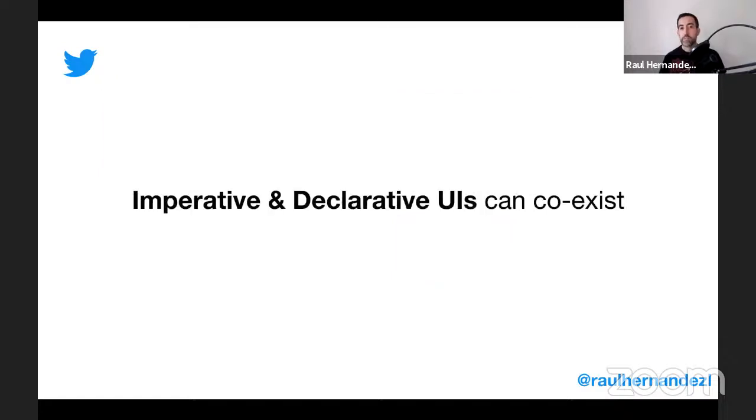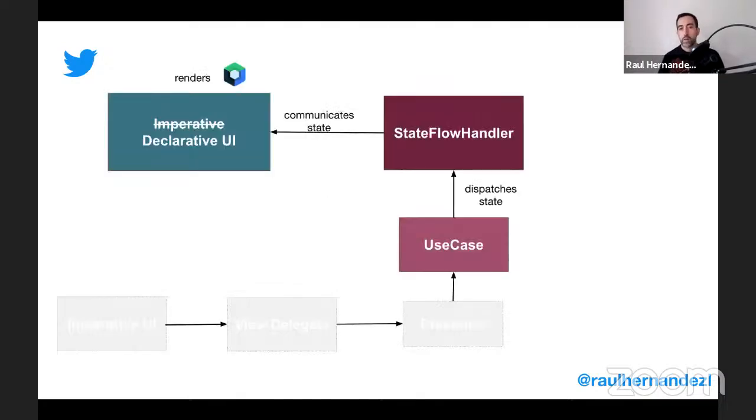Cool. So that means that imperative and declarative UIs can coexist. And why is that? This is because if you try to make things with states, what you can do is basically adopting a unidirectional data flow, and then you get ready for that. Because if the imperative UI is ready for a state, also is a declarative UI. And then you could use Compose in your very legacy architecture, because you transform your workflow into an understanding way